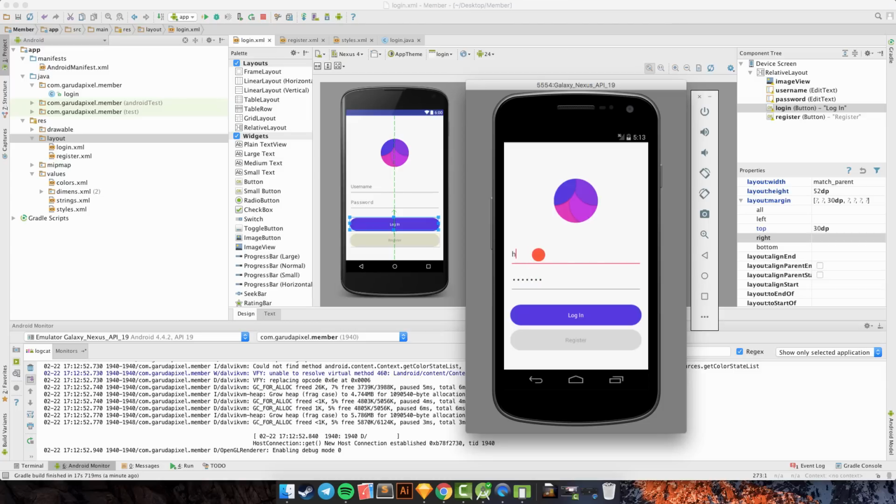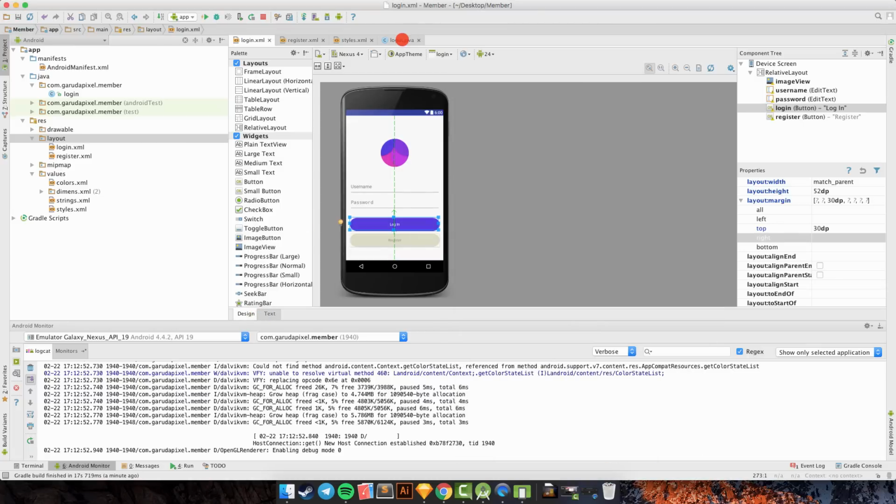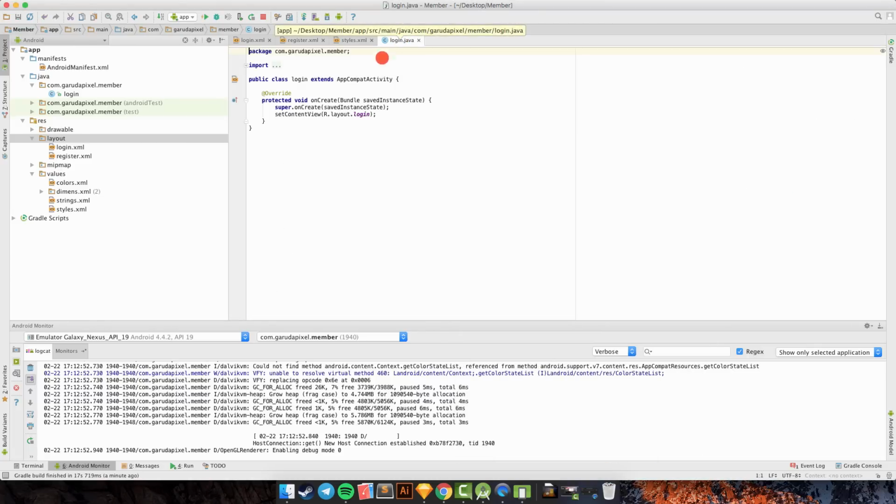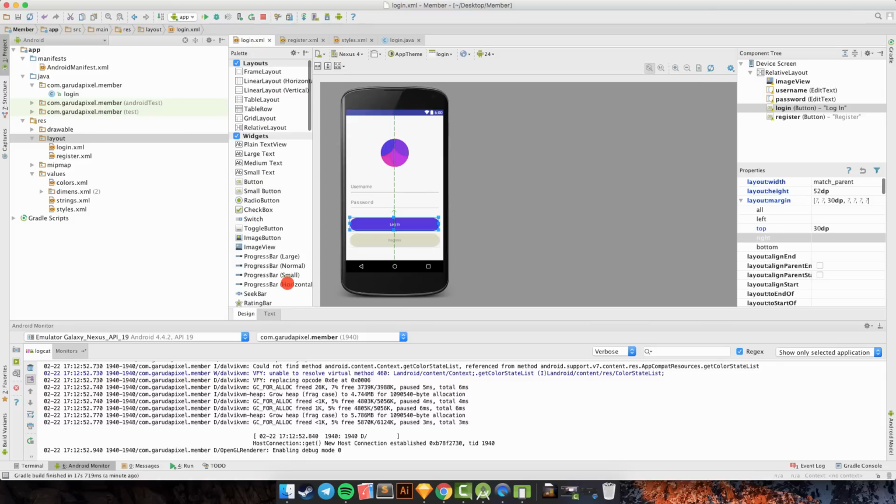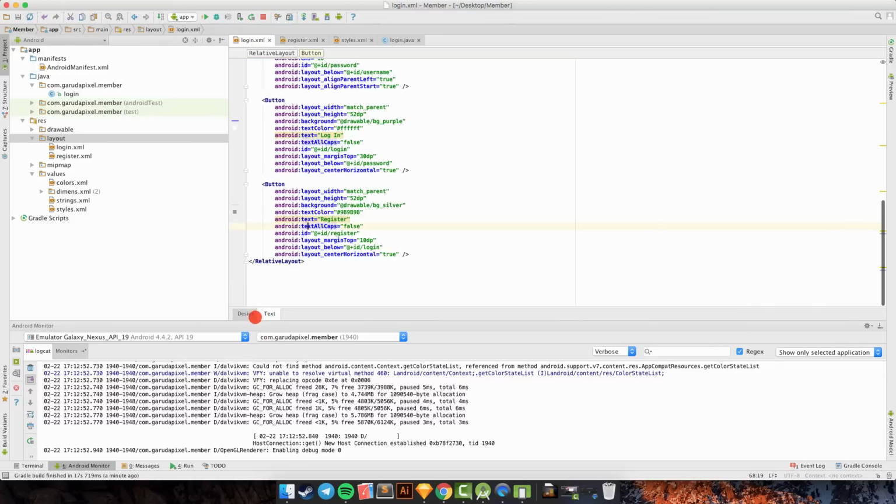So I'm going to create the function in Java to go to the register page. We go to Java and click here, and we go back to login XML, and we can see our button for register, the ID is register.